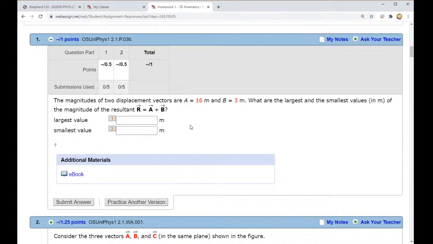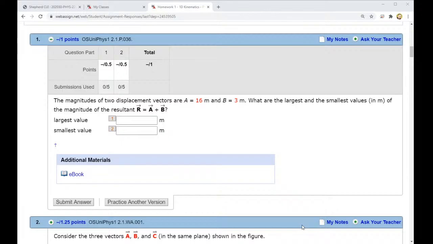William asks, how many chances do we have to get it right? The default will be 5. You'll have 5 chances to get it right. So you can't just guess until you get the right answer most of the time. But it should be plenty of tries to give you the opportunity to